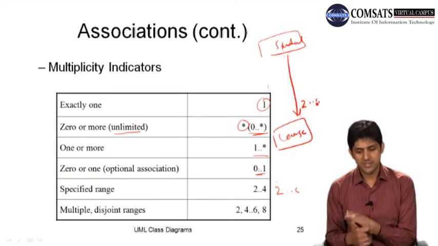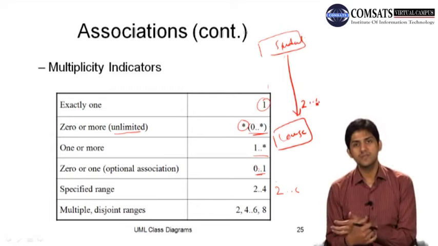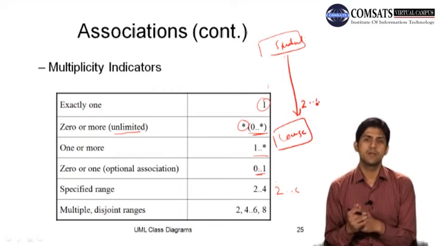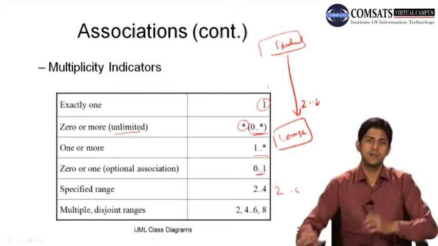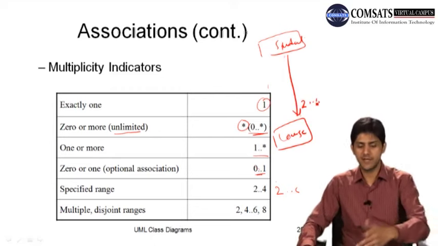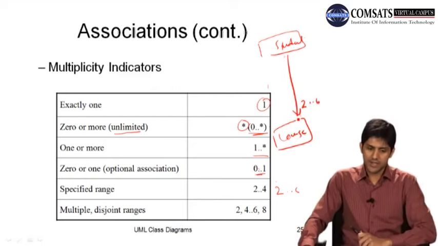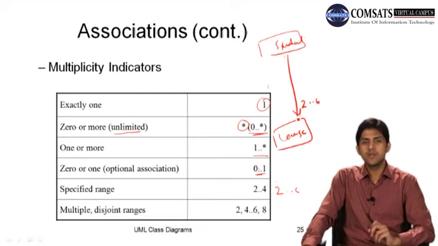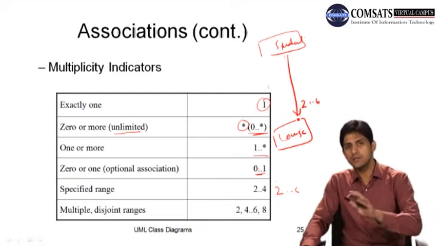Then you can have multiple disjoint ranges. You can say 2, 4, 6, 8. So it means that there are multiple ranges, and the particular object can have these kinds of associations. Okay, so these are the multiplicity indicators that can be used to annotate those